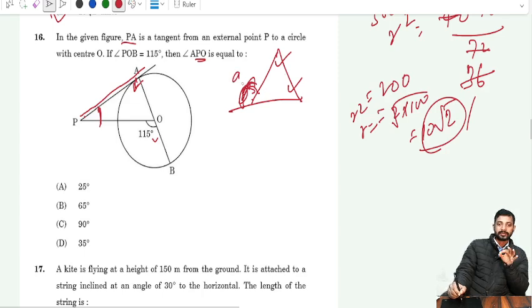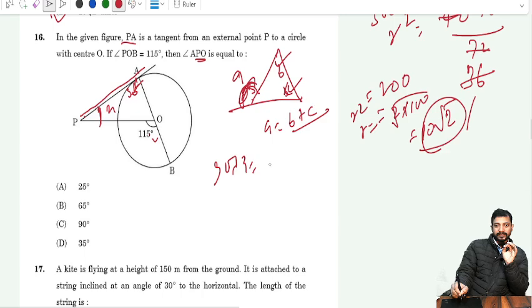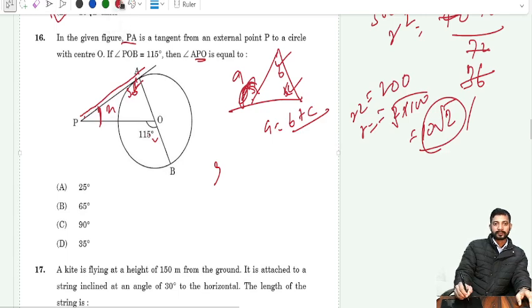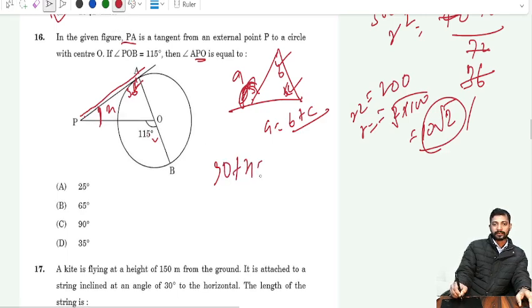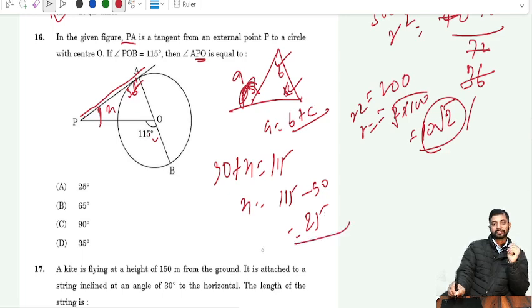So let's suppose that this is A and this is an internal B and C. So angle A is equal to angle B plus C. Use the similar concept. This is 90 degrees, opposite of 150 is equal to 90 plus this is x. So 90 plus x gives you 115. Solve this. x is equal to 115 minus 90. 90 plus 10, 100. 100 plus 15, 115. So the correct answer is 25. 25 is the correct answer of this question.